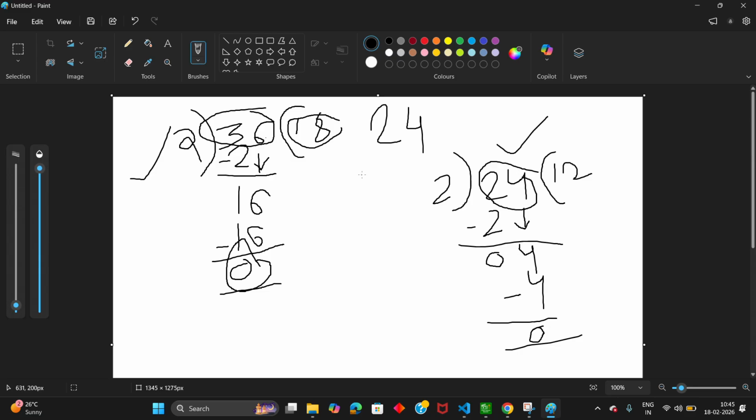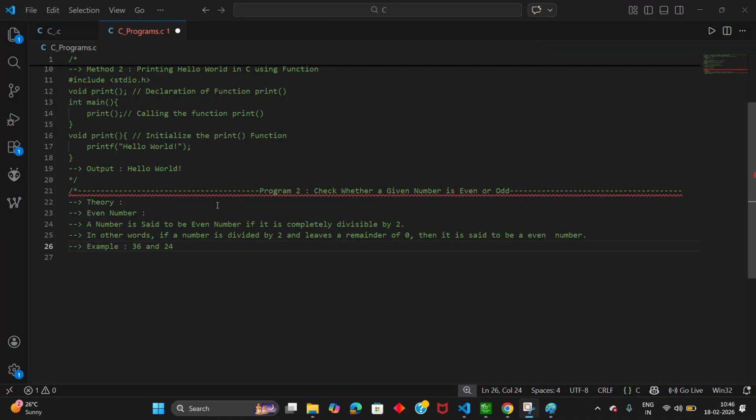So we can say that 24 is an even number. Like this, a number will be an even number or an odd number. So far we have discussed the even number.